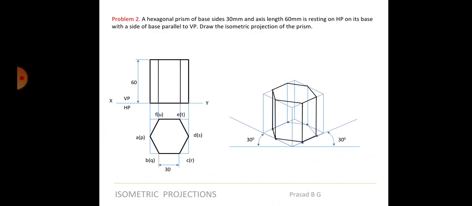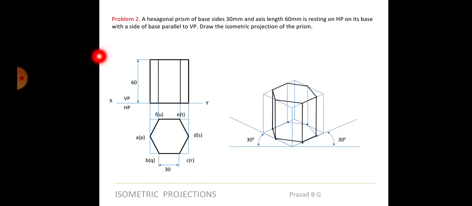So you will not be asked only a hexagonal prism or only a hexagonal pyramid. Generally the questions will be, there will be a hexagonal prism and on top of that there will be one more thing. For example, on top of this there could be a sphere. So it's very easy actually if I say there is a sphere on top of this. What you have to do, you will find the center. From that center you will take the isoradius height. From there you will draw one circle with the actual radius. So the two objects will be completed.